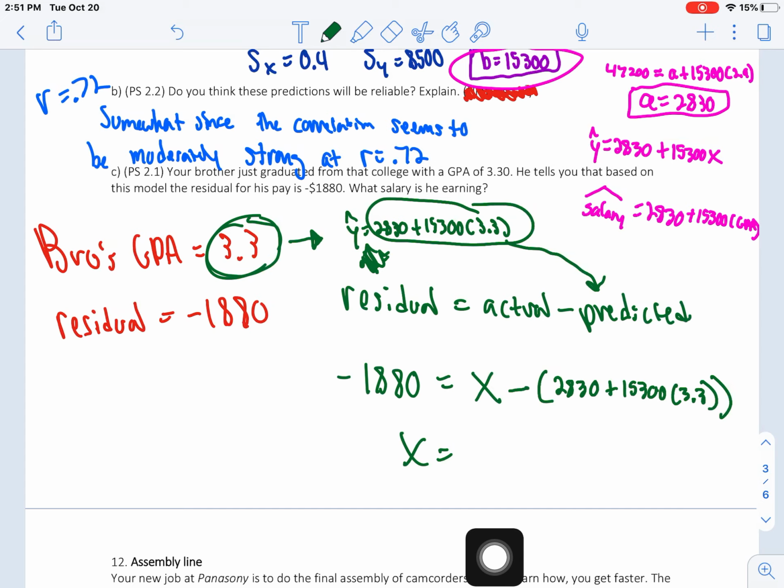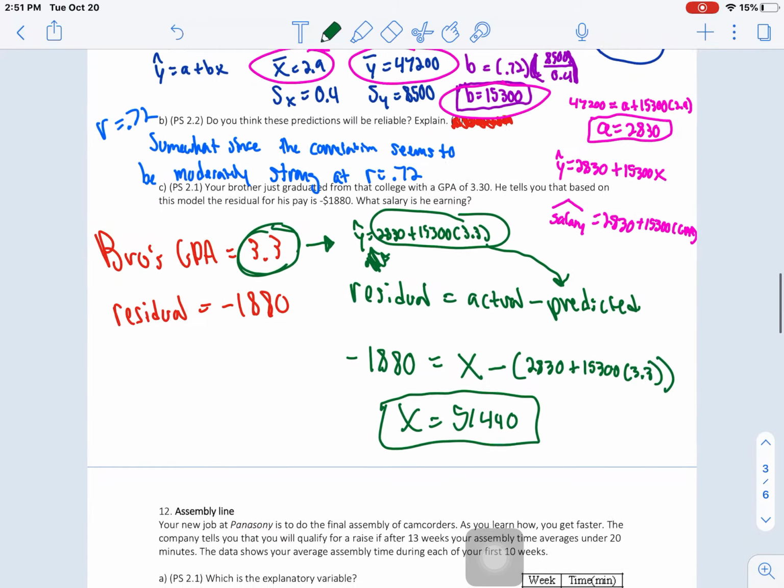Solving this, we get 51,440. So your brother actually earns 51,440, and since he has a negative residual, this is actually less than what the